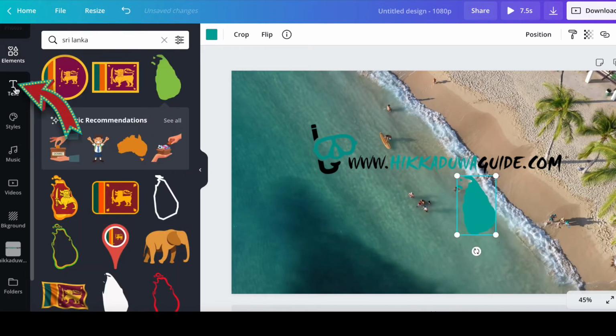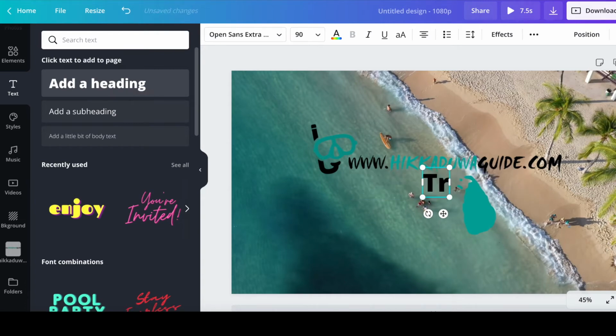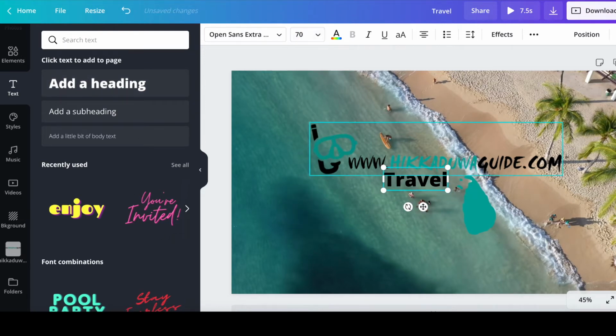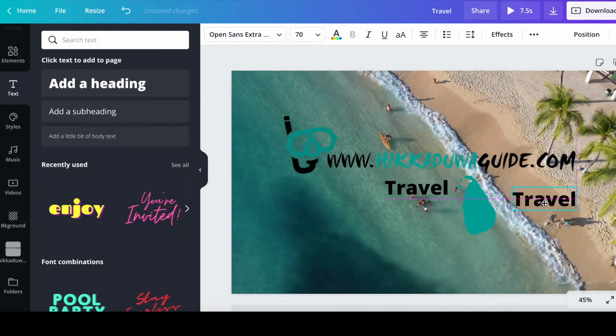And then I want some other text also. I wanted to say travel big, maybe 70. And then I can simply duplicate it.